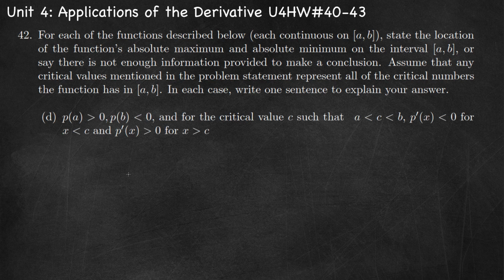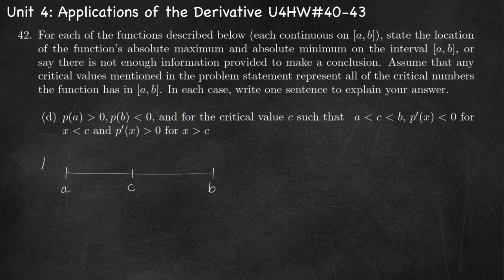Part D, P of A is greater than 0, so it's positive. P of B is less than 0, so it's negative. And for the critical value C, strictly between A and B, P prime is negative when x is less than C, and P prime is positive when x is greater than C. So if we do a sign chart and we put our critical value somewhere between the endpoints A and B,